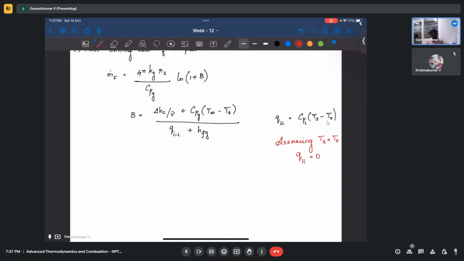The reason is when they derived it, they just wrote CPG. While deriving it, they also made a few assumptions, saying that Cp is constant for gas and Cp is constant for fuel, and you might end up getting